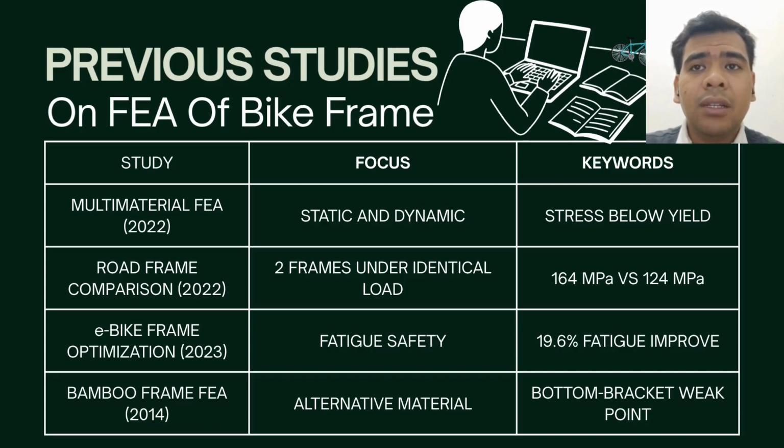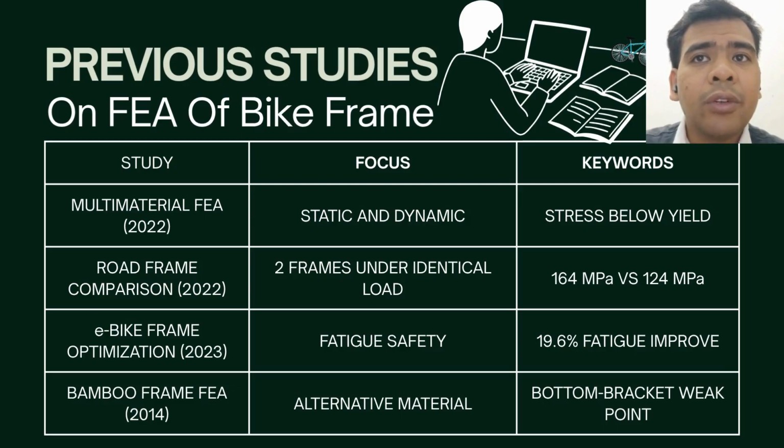So there are several previous studies. The first one is multi-material FEA in 2022. Their focus is static and dynamic analysis of the bike frame, and the keywords of this research are stress below yield. The second one is road frame comparison, also in 2022. The focus is two frames under identical load, and the keyword for this study is